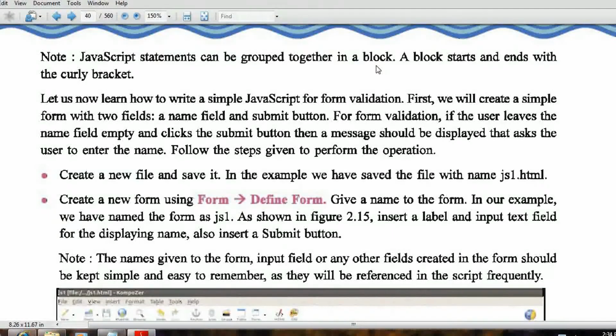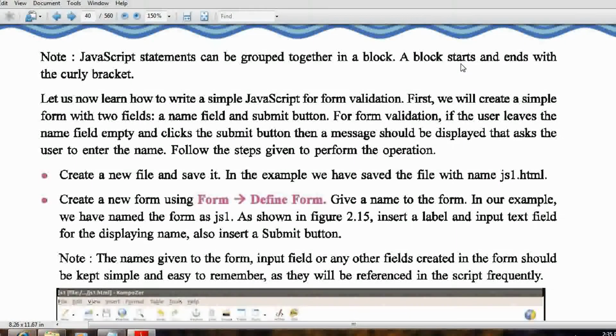Now this word block is used in the same concept in lessons 10 and 11. A block is a combination of curly bracket open and curly bracket close.